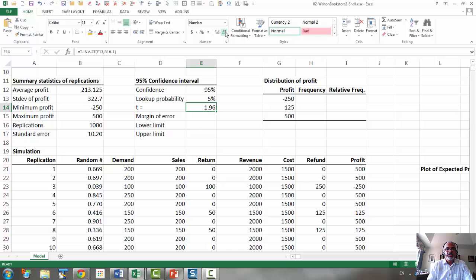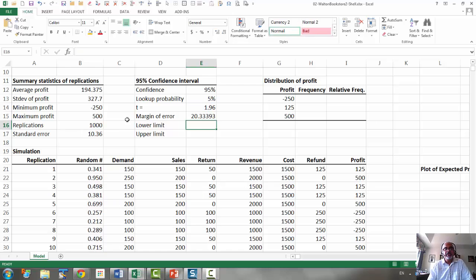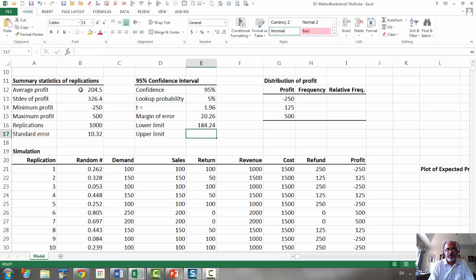Now we multiply the t table value by the standard error, and that gives us the sampling error or margin of error. Margin of error and sampling error, they both are the same thing. So our estimate for profit is the average, and since this is an estimate, our margin of error of estimation is that. So the lower limit is the average profit minus the margin of error,